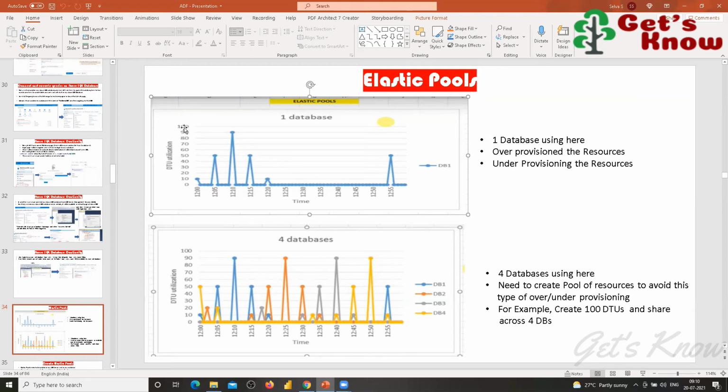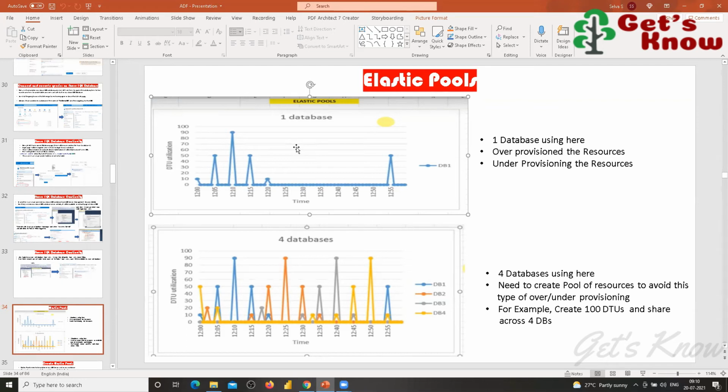Just imagine this is the use of DTU counts. This is the DTU counts, and this is the time. Overall, I have 100 DTU for my database.